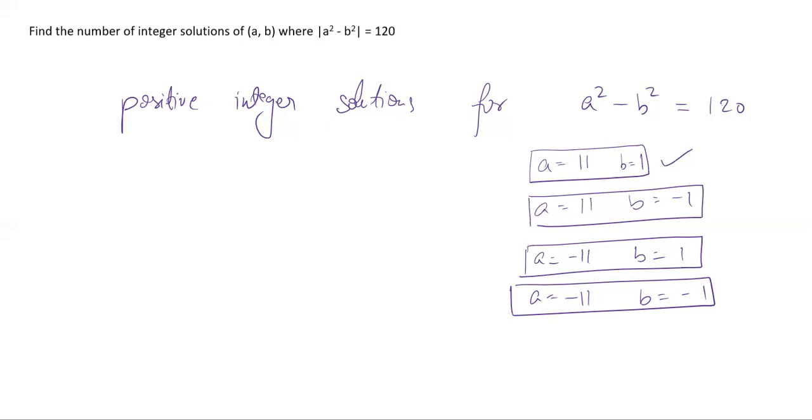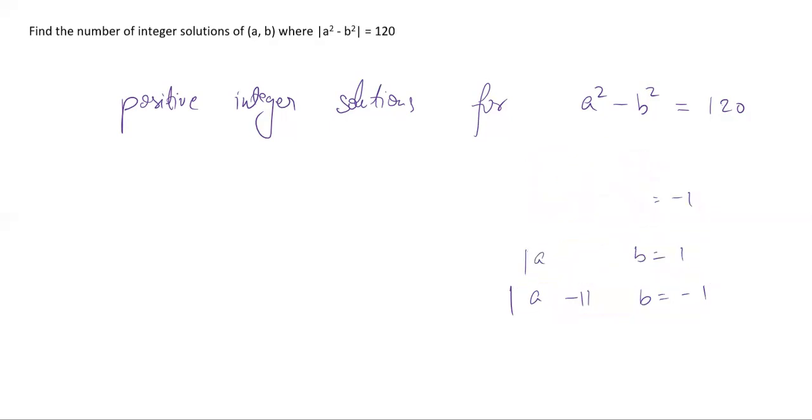If you understand a bit of PNC, you should straight away understand that for each case of both being positive, you will have 2 into 2, 4 cases for positive or negative of a and b. So that is one thing, the reason I converted this question to something like this.